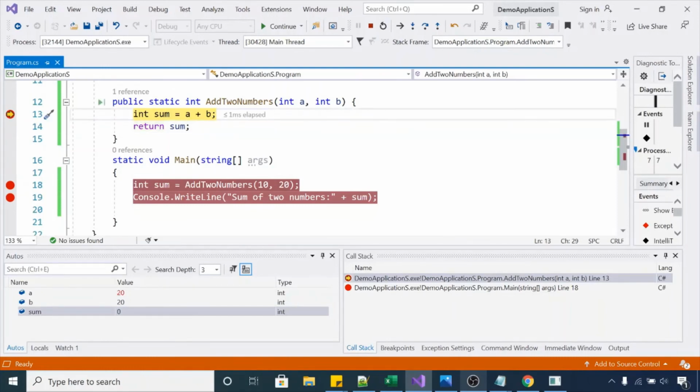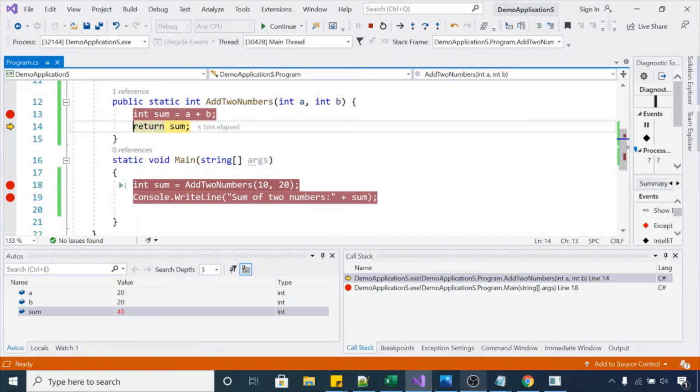Now the value of A is 20 and the value of B is 20. Using debugging you can modify the value of any variable at runtime. If we execute this statement, the sum of these numbers will be 40. It's showing sum 40.